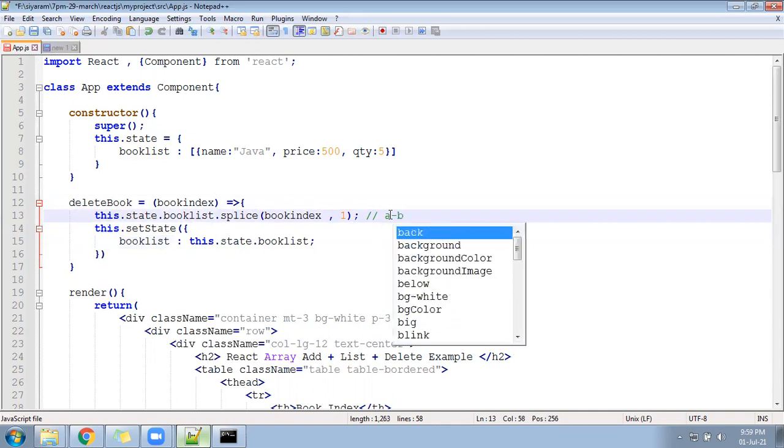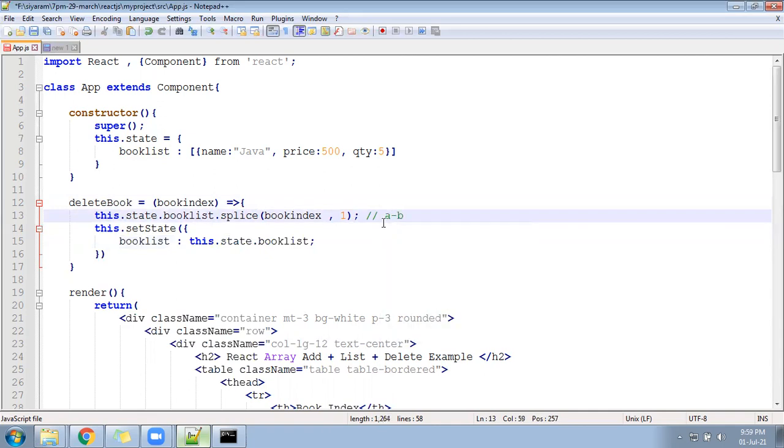That is, you have some data in a variable and you deleted a particular one. You have the data under the book list, you deleted one, and the remaining data you are again updating under the state, right?